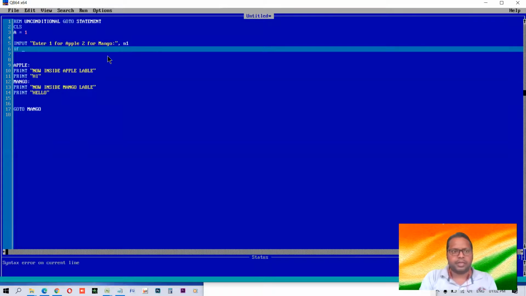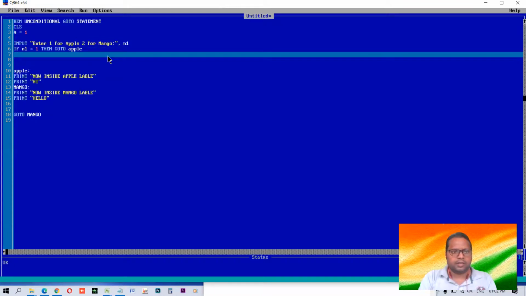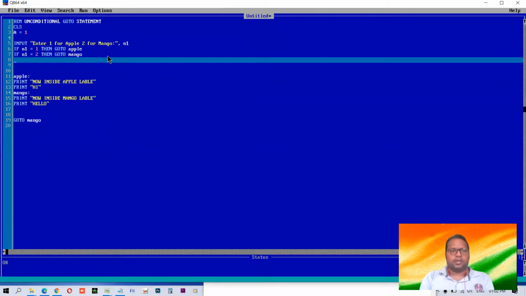This we have learned: if n1 is equal to 1, then go to apple. If n1 is equal to 2, then go to mango. Okay. Now see how it will work.